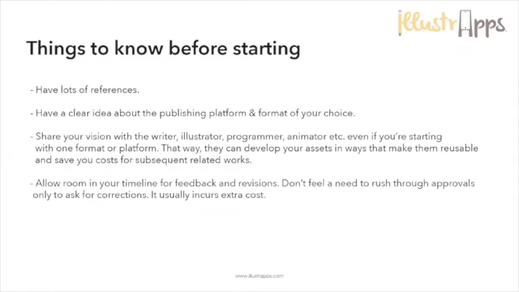So from experience, when people come to us, they'll say, I want this done in 3 weeks or 4 weeks, which is not necessarily a problem for us if it's realistic. But the point is, at every phase, we need approval from you, which is very important. It can take some people a long time to come to a decision for certain things for us to move forward. So factor in timeline for feedback and revisions. Don't feel a need to rush through approvals, because corrections after approval typically incur extra costs. So it's not easy to just change some things, and at the end of the day, time is money, even for the people that you're working with. So that's very important for you.